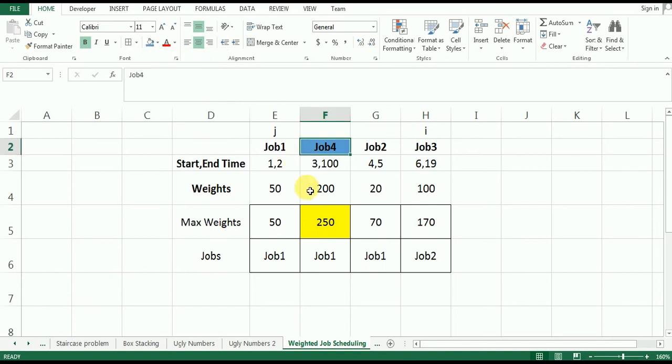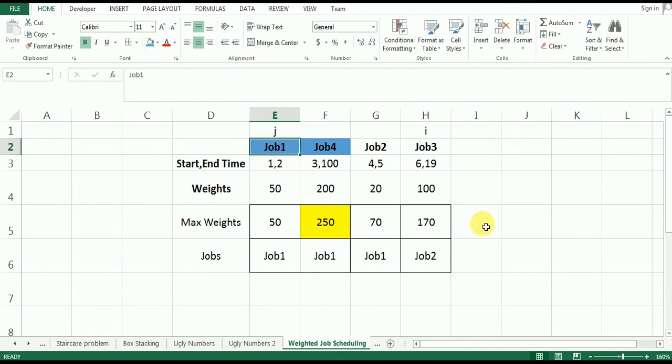And now, which is going to be the other candidate? The other candidate is going to be this job. So job 4 holds the address of job 1. That means from here, this 250 is getting formed. So job 1 is going to be my next candidate.